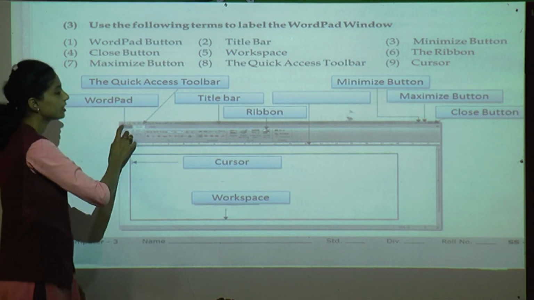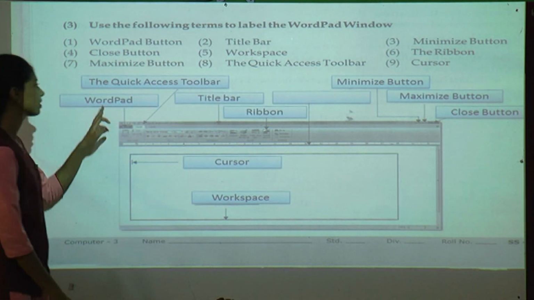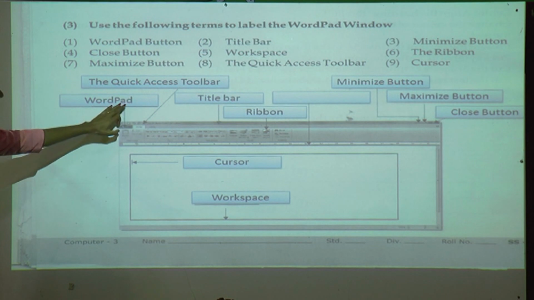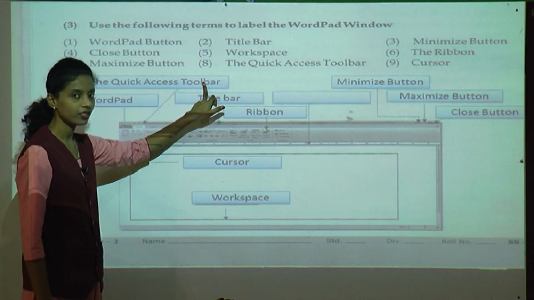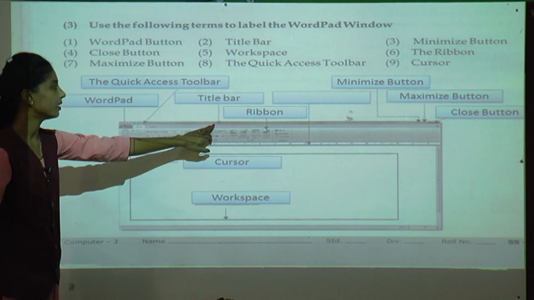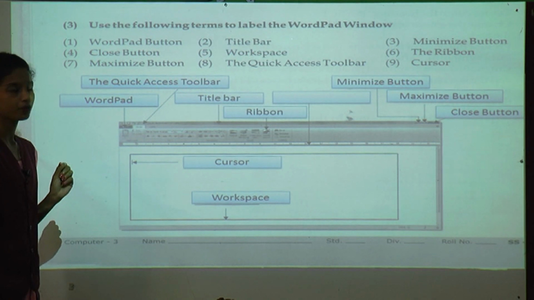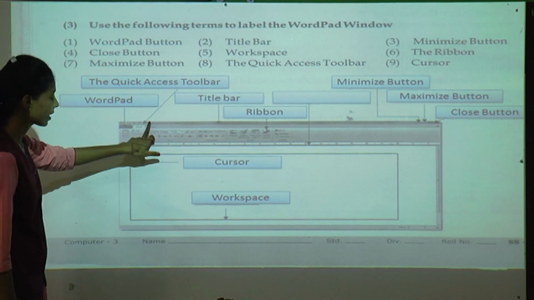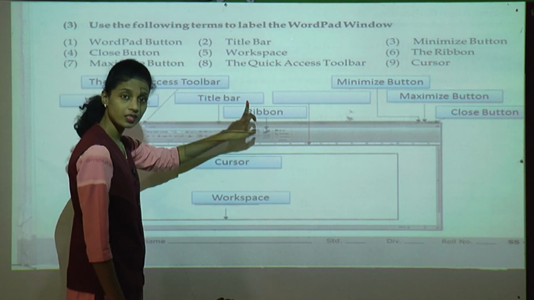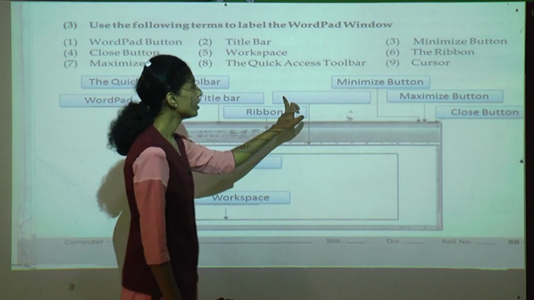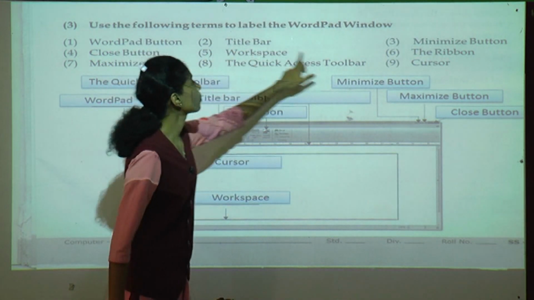Go arrow by arrow. Don't go number wise. First one is WordPad button, then quick access toolbar, then title bar. Go arrow by arrow, first arrow, second arrow, third arrow, and right here upper side, then ribbon. Then afterwards leave this line. Why? Because it is called ruler and there is no ruler option.